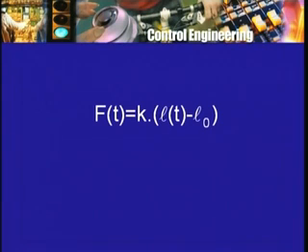The extension could be written as length of the spring at any moment of time, say L of t minus L0. The 0 is to remind you that this is the length of the spring when there is no force acting on it, the free or the natural length of the spring. So if L(t) is the length at any moment of time, L0 is the free length, then this difference is positive if the length of the spring is greater than its natural length, which means the spring is being stretched, and therefore this extension,